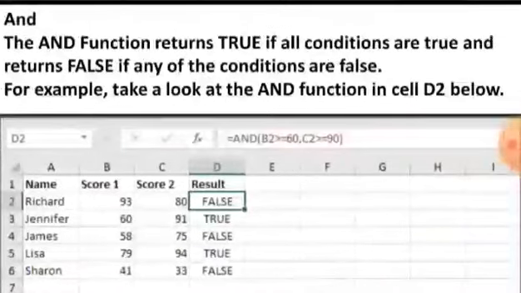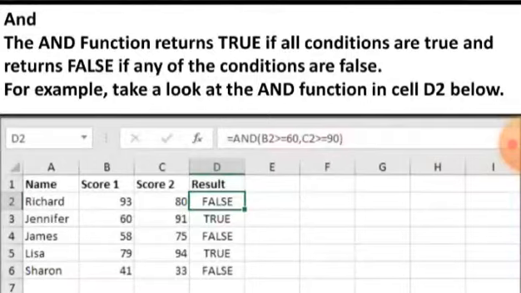AND function. The AND function returns true if all conditions are true and returns false if any of the conditions are false. For example, take a look at the AND function in cell D2 below.